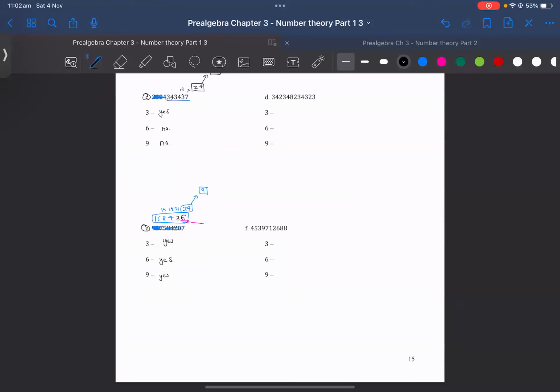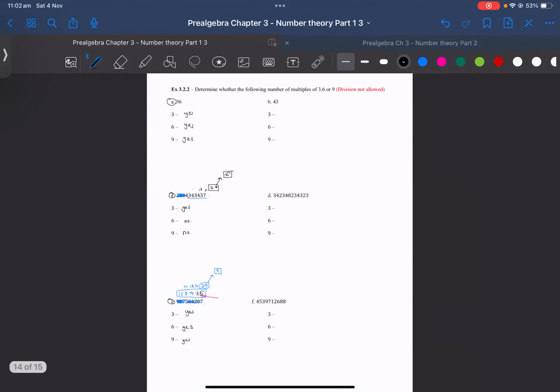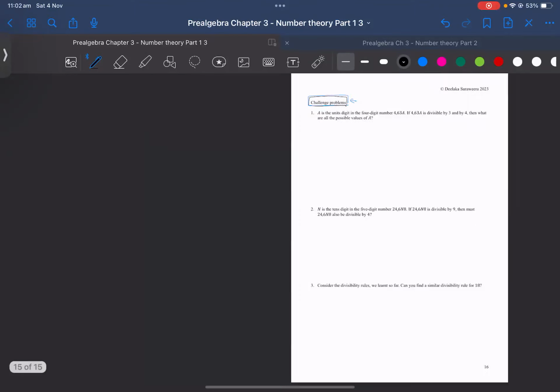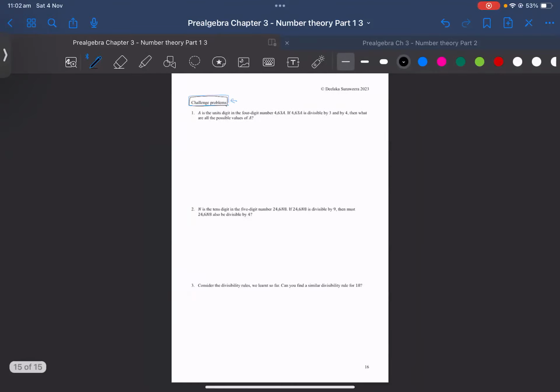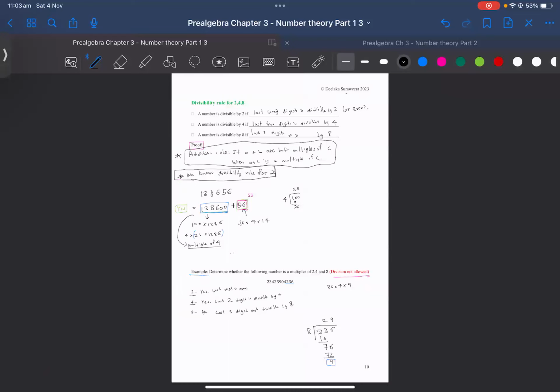Does that make sense? Yes. Okay, so we'll finish up there. I'll upload the recording. I'll upload the homework tonight. On top of that, I'll upload a recording of the challenge problems. I'll record the challenge problems right now, actually. If you guys want to stay for it, we'll finish up now, but if you want, I can do a recording. I'm going to record the class challenge problems right now. So if you want,